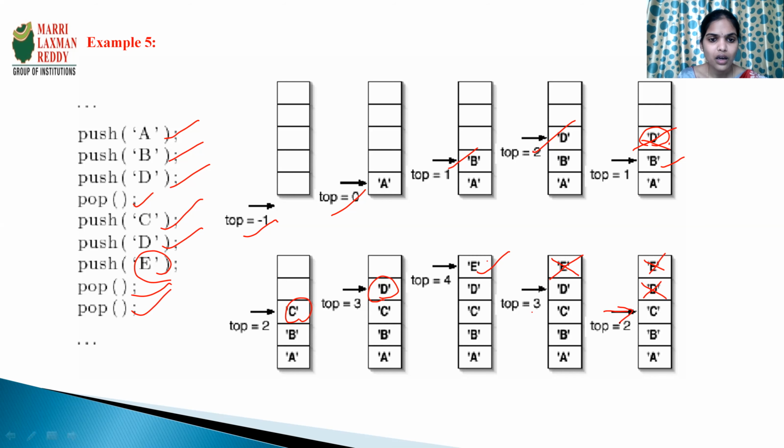This is what a stack is and how we perform insertions and deletions. Insertion is nothing but pushing the element onto the stack, and deletion is nothing but popping the element from the stack. And top is the variable which keeps track of the topmost element of the stack. When top is at -1, we say that the stack is empty, and when top is at maximum size -1, we say that the stack is full, that is stack overflow.